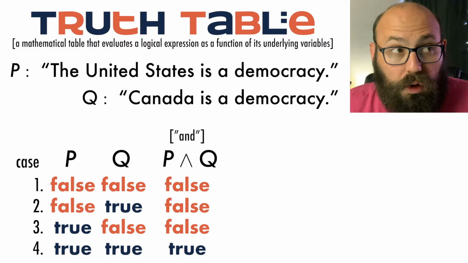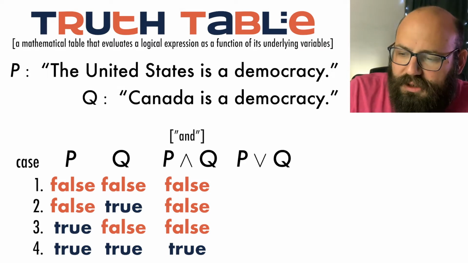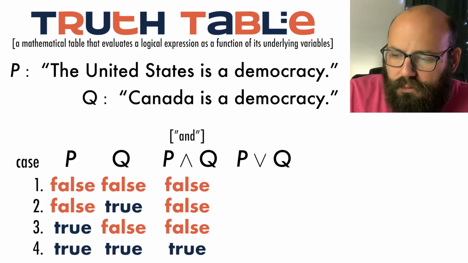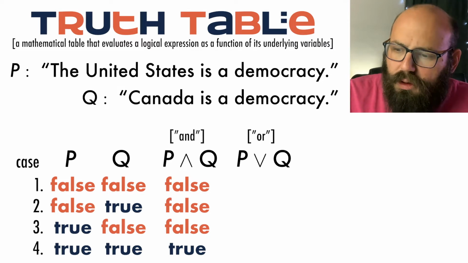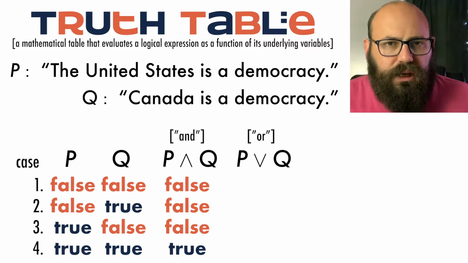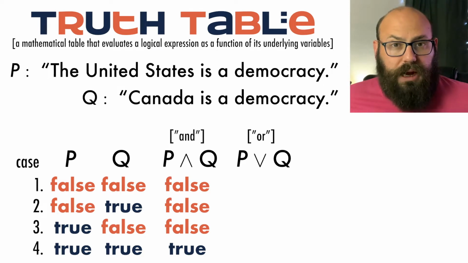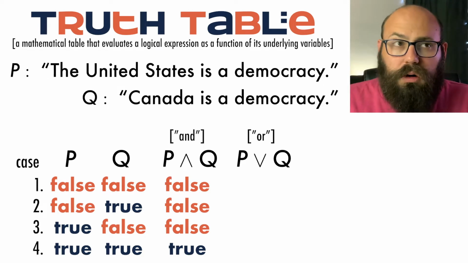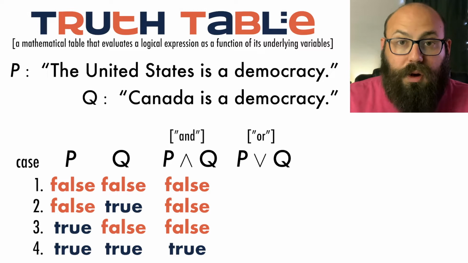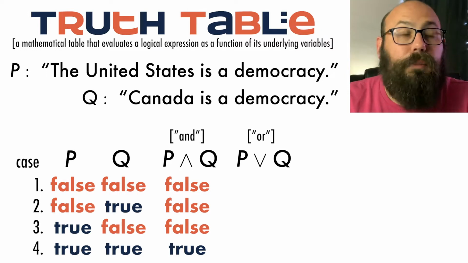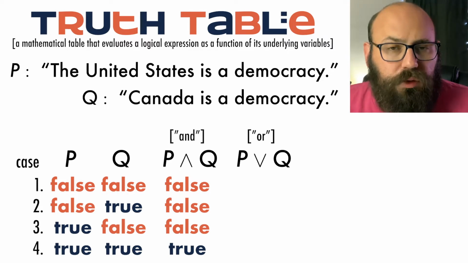If the word you had in mind was or, then yes. So if I write P V Q, that's just an upside down wedge, right? P V Q, P or Q. When I write that, that means that either P is true or Q is true. Now we have a bit of ambiguity that we're going to have to define ourselves out of. Sometimes when you say or, you mean but not both. And sometimes when you say or, you mean or both. But in math, most of the time, we mean or both. We mean or in an inclusive way.